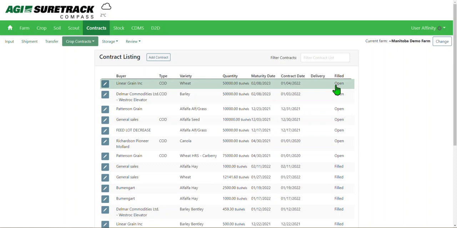This has been how to create your contracts in Compass, whether you do it through the listing or contract position page. If you require more assistance in setting up your contracts or your buyers, I encourage you to contact your AGI Compass support representative at